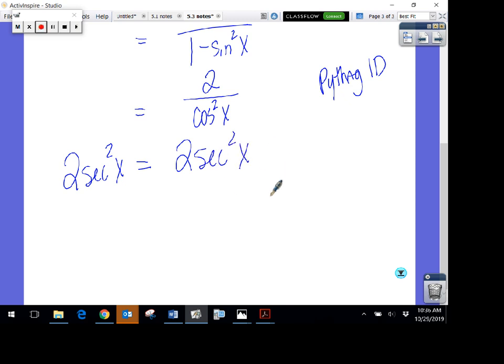The reason we're able to change it, or think of it like if you want to write 2 over 1 times 1 over cosine squared x, that might help you over to the side to realize the 2 is going to stay where it is. The 2 doesn't move. We can't change the 2 to a 1/2. But the 1 over cosine becomes secant, and that's because of the reciprocal ID. You cannot